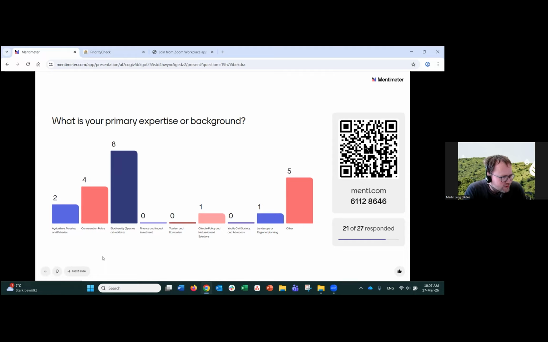Okay, so it definitely seems like biodiversity and conservation sites are clearly dominating, at least here in the audience. But there's also a very interesting other group of people, which I hope represent also different interests, particularly in the biodiversity strategy and its realization. So this is something we'll be, of course, very interested to hear your opinion on.